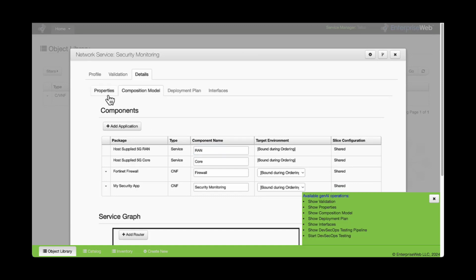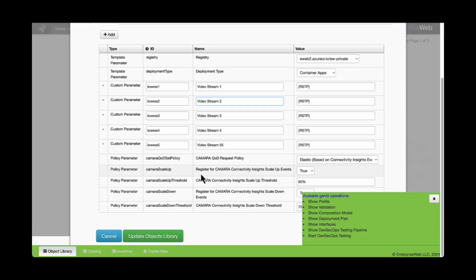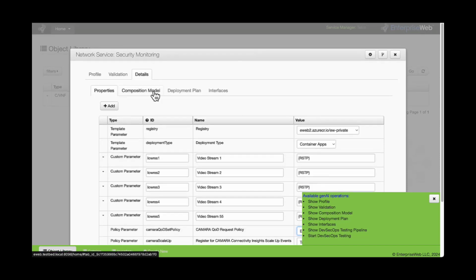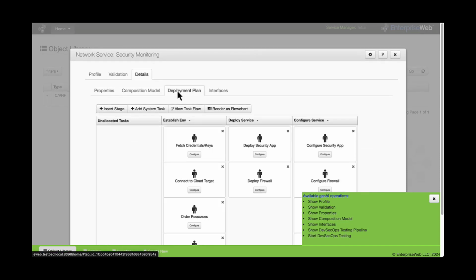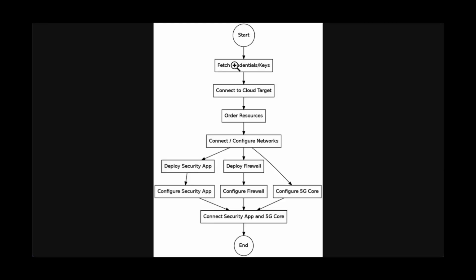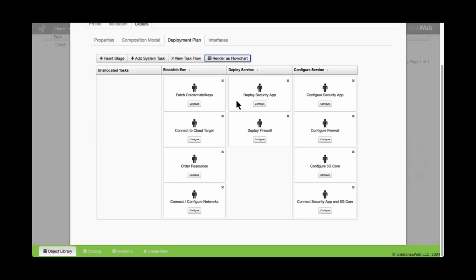I can go through additional details such as the properties that have been mapped, and again, they match up with what we'd set up earlier, including that policy for the closed loop that I wanted to have in place for CAMARA use. I can look at the deployment plan that the system generated, and this is one of the places where I would actually look as a developer. I can look at it as a flowchart if I want to see that the general application deployment is what